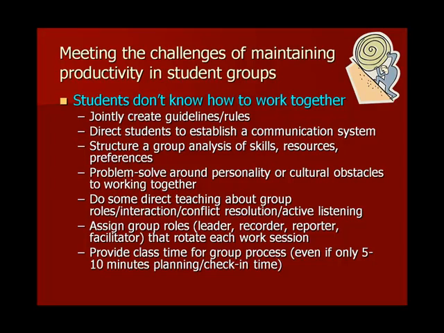You also might direct them to establish some kind of communication system, whether it's going to be email or phone or texting or whatever, so that if there's a problem, they know how to get in touch with one another outside of class. You also might give them a template for analyzing their various skills, resources, and preferences so they get to know one another, who likes doing PowerPoints, who likes presenting, who likes doing research, who's good at writing, that kind of thing. And they get talking about who's good at what so they can make the best use of their strengths